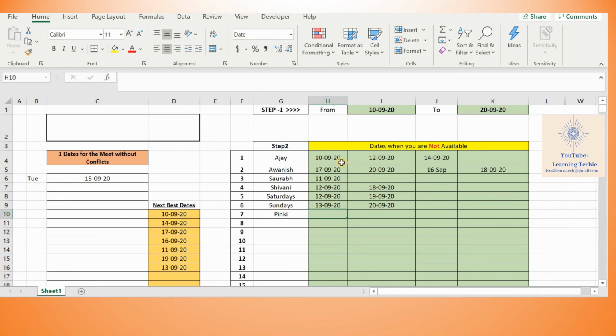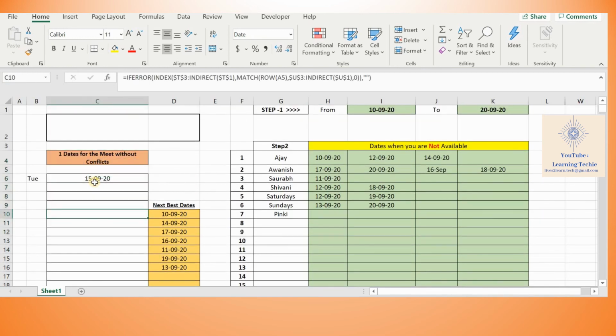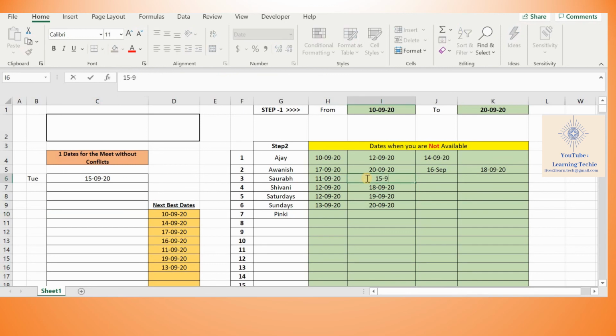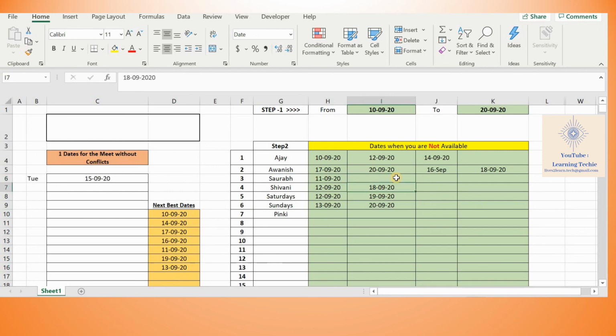So let's see, this is what has happened. And if you see, automatically the tool tells us that 15 September is the best possible date. Now suppose for some reason Saurav says that on 15th September I cannot come. Then the best possible date is 10 September. Then 14 September, etc. However, it is less likely that so many dates will not match. So ideally, if a few of the dates are more probable, it tells us that, say, 15 September, if I remove Saturday, is a good date where all of these people can meet.